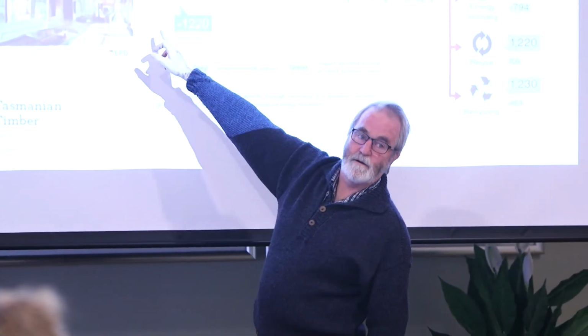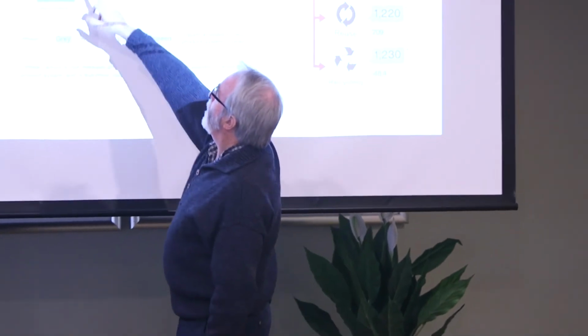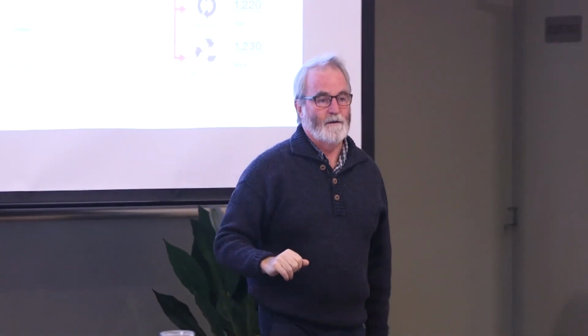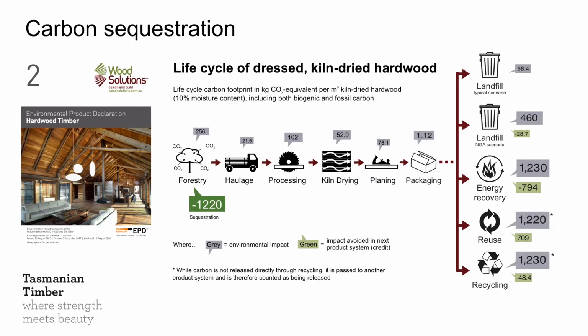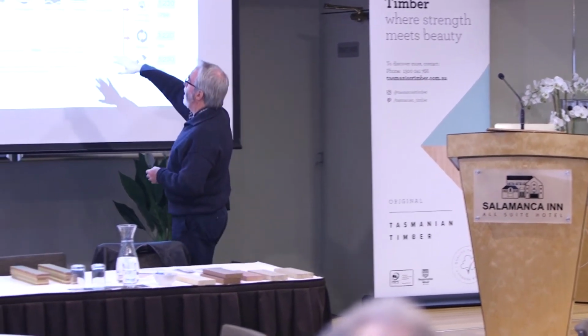Key thing is though, the tree's sequestering 1,200 kilograms of CO2 for each cubic metre of material. You're expending up to here, which is where you're designing, you're putting it in a building, you're expending about 400 kilograms a cubic metre in emissions. That is hauling it out, sawing it up, drying it, planing it, milling it, packaging it up before you get it into the project. So effectively, you're about 800 kilograms a cubic metre carbon better off in the building. So that's atmospheric carbon. Yeah, you've expended some fossil fuel, but most of it is actually, so this kiln drying, most of that's renewable